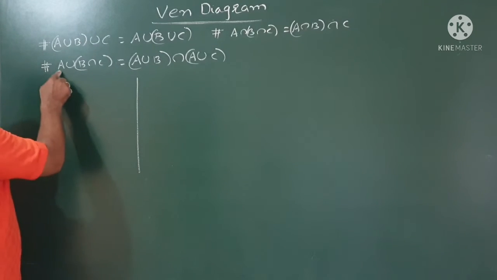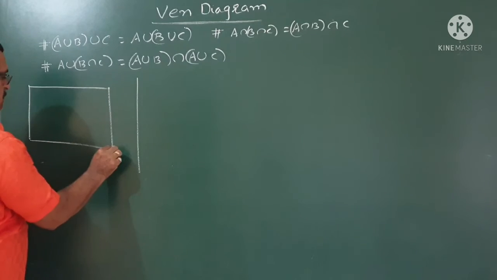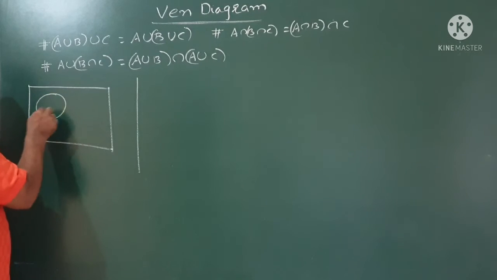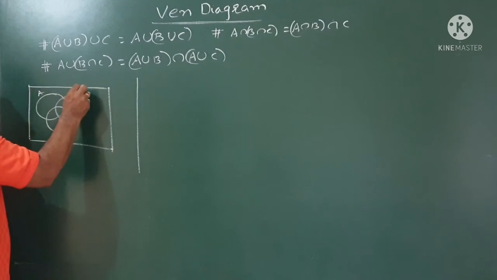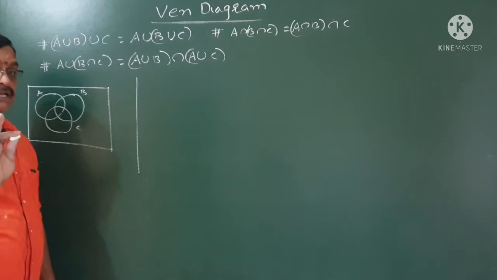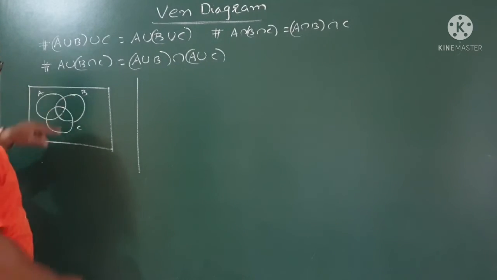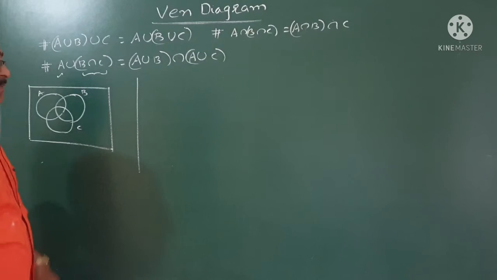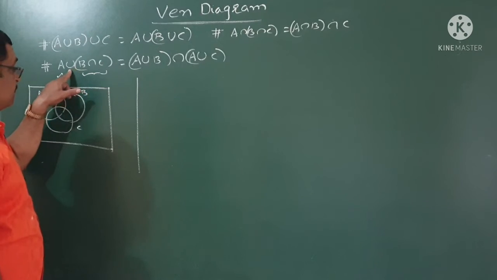make it two parts. A union (B intersection C). I am going to draw one rectangle, and I draw three overlapping circles, A, B, C. Listen carefully. I am combining two sets, A and B intersection C,